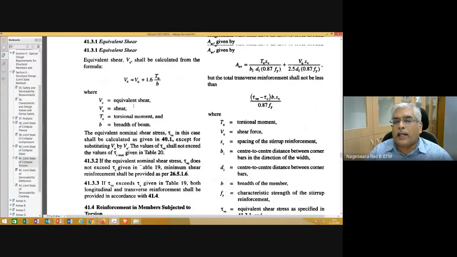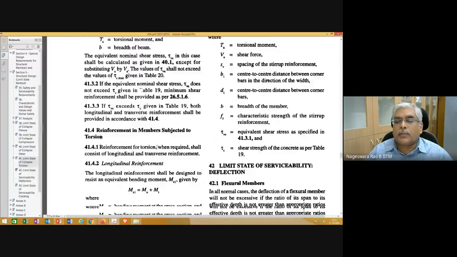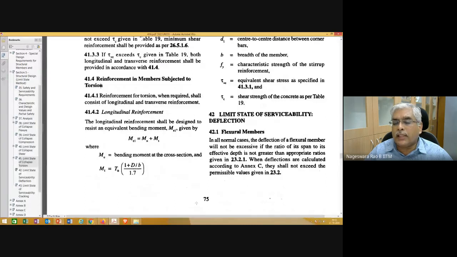We have calculated equivalent shear, so let's proceed further with what the code gives in section 41. Reinforcement for torsion, when required, shall consist of longitudinal and transverse reinforcement. Transverse reinforcement is nothing but your stirrups.